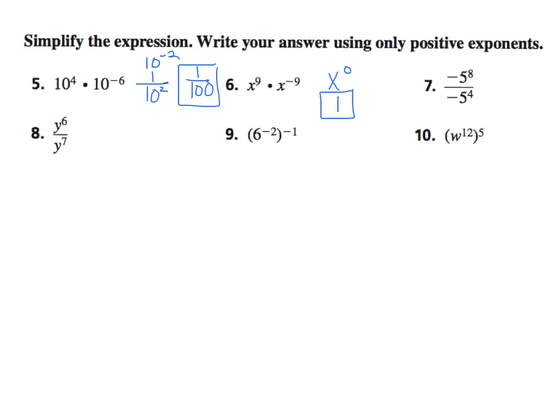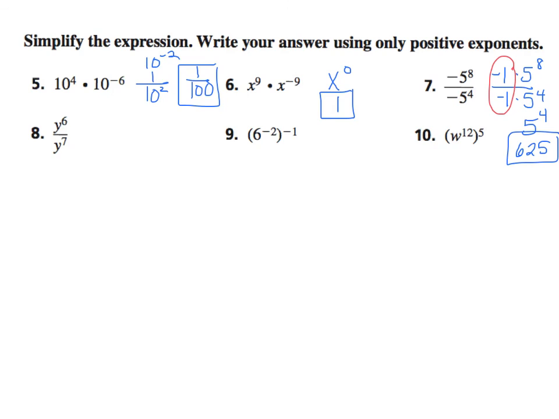Number 7, I have negative 5 to the 8th power divided by negative 5 to the 4th power. This gets a little weird. This is not negative 5 to the 8th. It's just 5 to the 8th. So this is really, it looks like this: negative 1 times 5 to the 8th over negative 1 times 5 to the 4th. Well, negative 1 divided by negative 1 just gives me 1. And then where are there more 5s? There are more 5s on top. There are 4 more 5s on top, so we just subtract them, 8 minus 4. And 5 to the 4th gives me